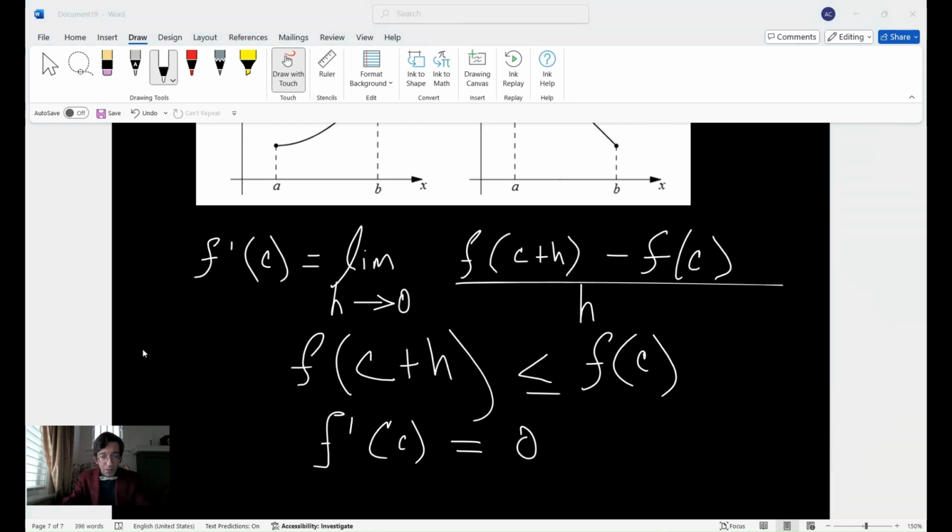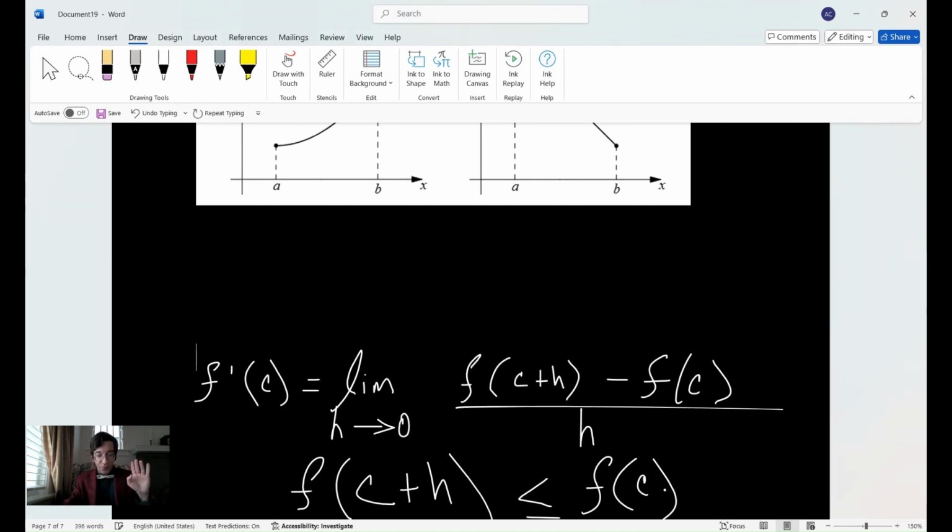And of course, essentially the same argument works for the minimum value of f on the closed interval AB. So now we can create a theorem, and you can look at the theorem. I call it the peak or pit plateau theorem, which basically says if f is continuous on AB and differentiable, then at a maximum it's going to be f prime of c equals 0, and at a minimum f prime of c equals 0. I wanted to make a short video, so let me see if I can be quick and give you the theorem.